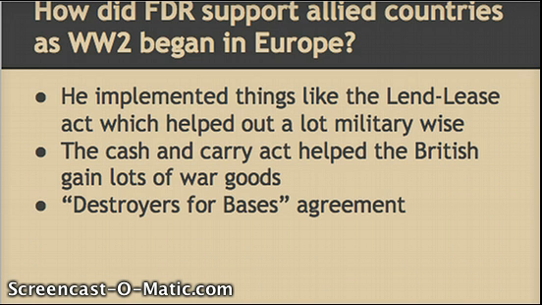FDR also started the Destroyers for Bases agreement, which helped aid a lot as well. The Destroyers for Bases agreement was when Prime Minister Winston Churchill got into an agreement with FDR, and the agreement was that 50 surplus American destroyers were transferred to the Royal Navy of Britain and Royal Canadian Navy in exchange for rent-free 99-year leases on various military